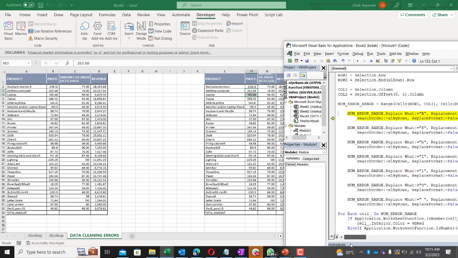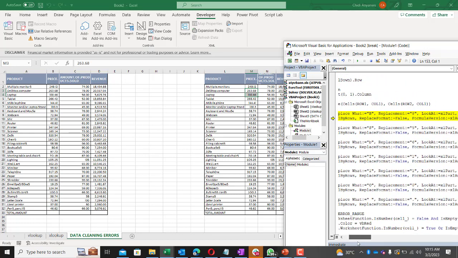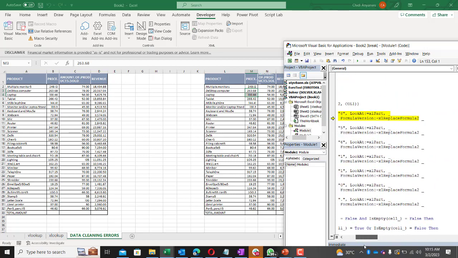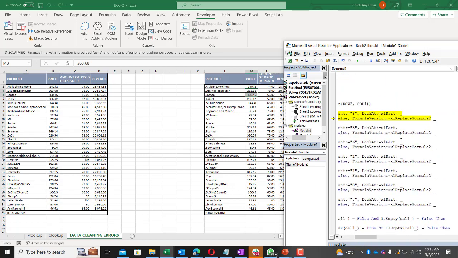To Excel variable, replace format, Excel replace format. So,